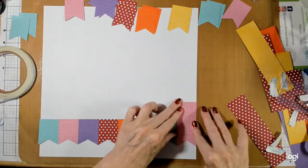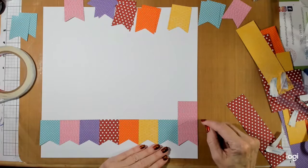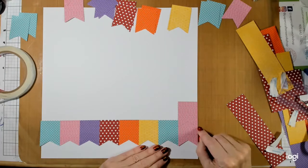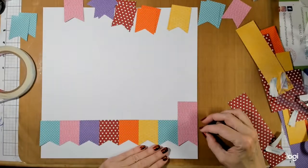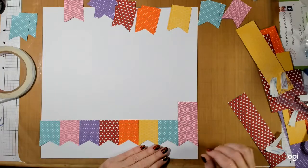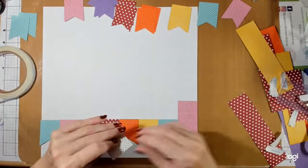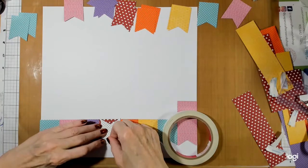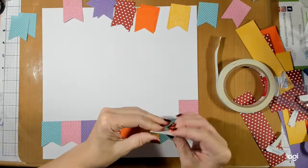So let me refresh what I was saying. If you could see my grid, I have 1 inch, 2 inch, 3 inches. My tip is going down just about 1/16 of an inch below the halfway point. There's my inch, there's my halfway point, and the tip of this point is just a little below the halfway point. And again, I don't need to measure going across. I just make sure I line up